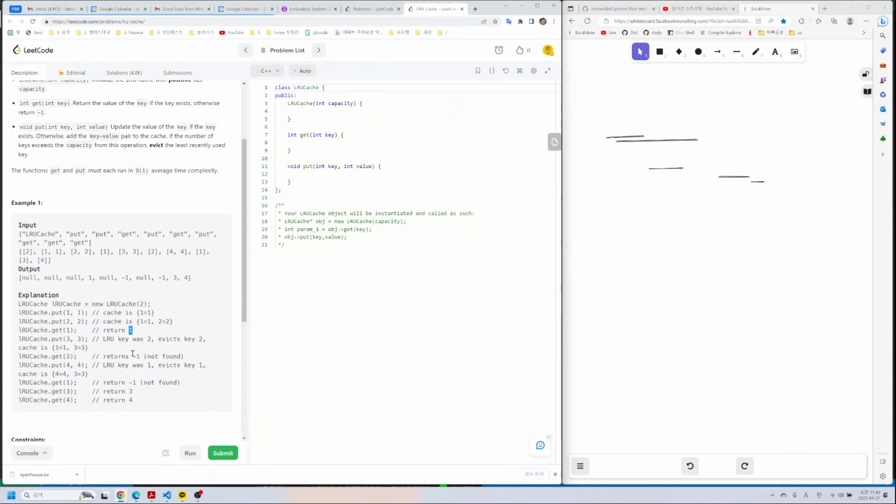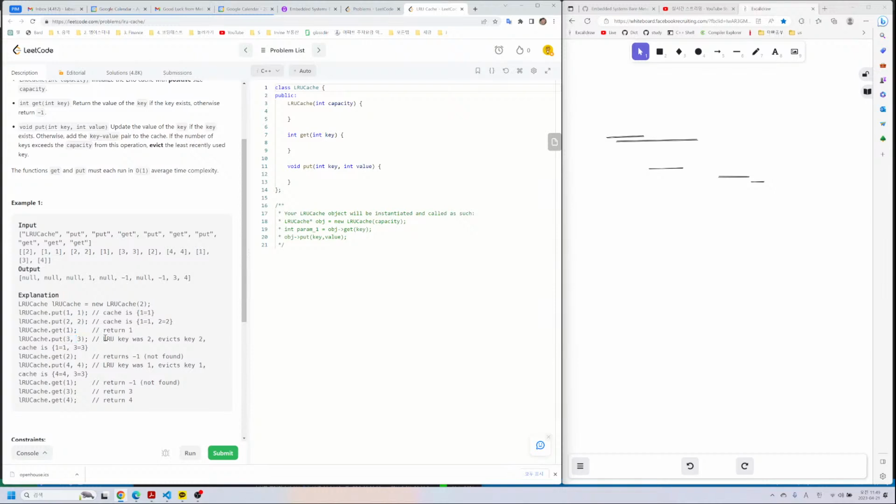Okay, get 2 not found. Okay, and then put 4 4, so we have now 1 and 3 and 4, but the LRU key was 1, evict key 1, because